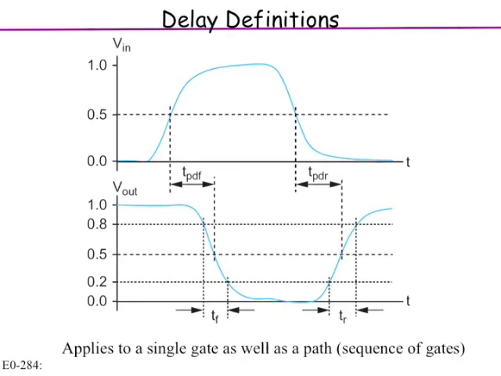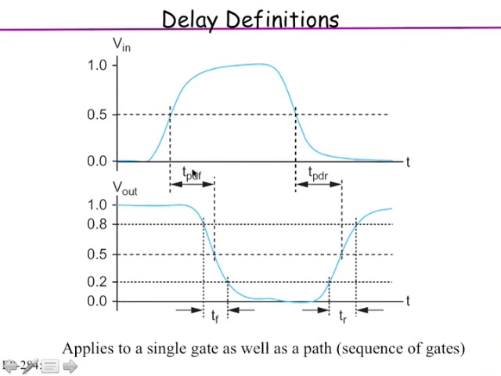Okay. So what is delay? How do we characterize delay? How do we measure delay? Suppose you have a logic gate, or maybe even a sequence of logic gates, maybe a path. What you have is a signal at the input of the gate, say one of the inputs, and here it is being shown as a rising input, going from 0 to VDD. And as a response to that input, the gate has an output which is going from VDD to ground.